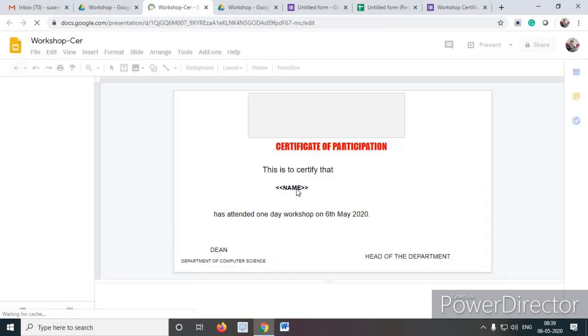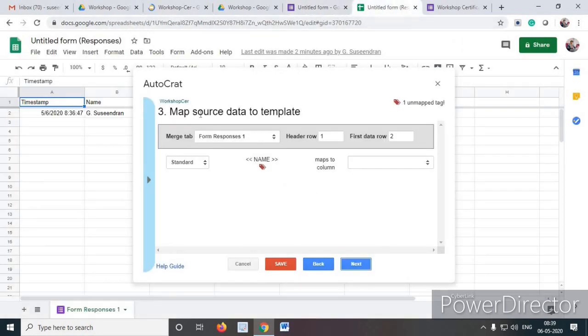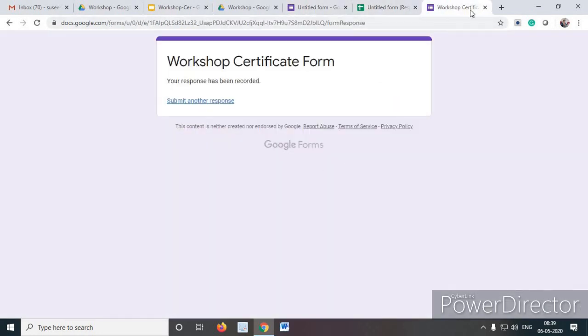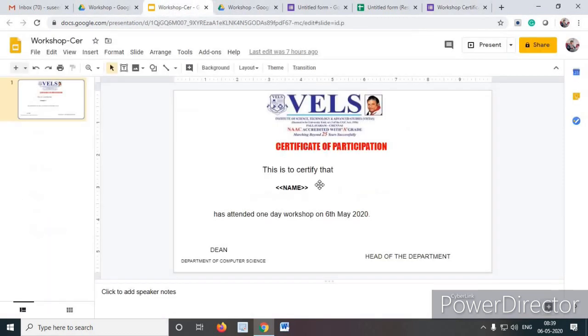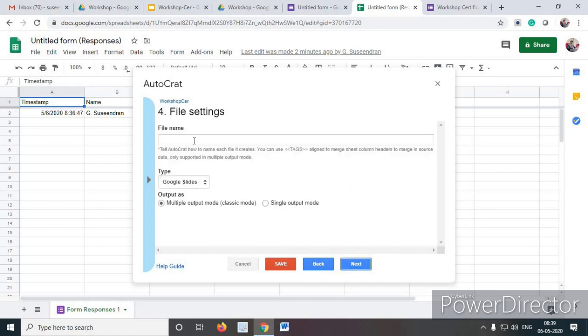Now you can find the name tag. Last class we created a section, see the name is there. This is the name which appears in this Google spreadsheet. That is the map source document template. So you can see the template here in the Google slide, this name. Okay, this name has appeared here. We want to merge this name, so click here and choose the name which we created in the Google form. And email ID, whatever field you want, you can merge it. Just click the next button. So it will ask for the file name you want to store the certificate as, workshop.